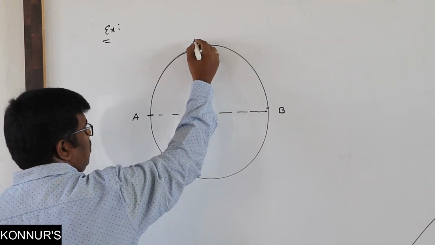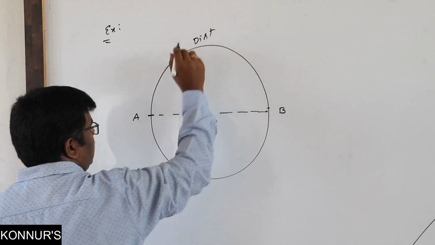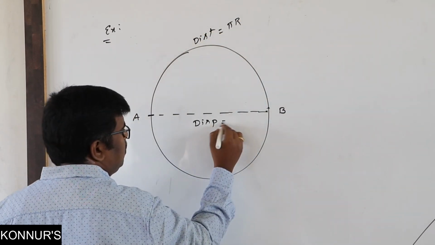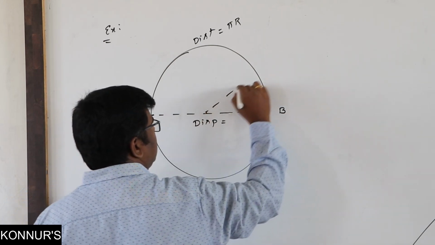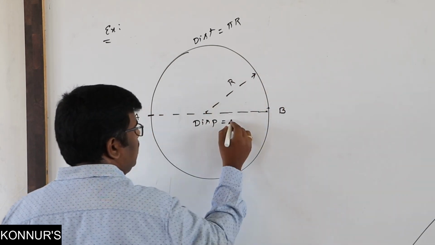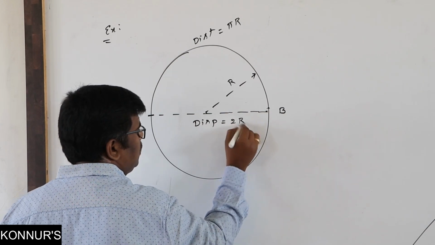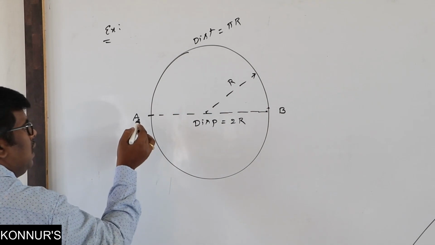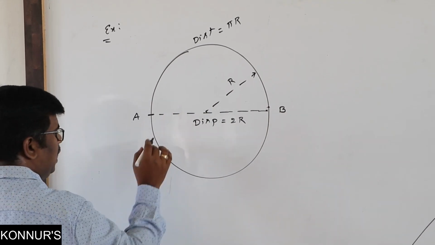Displacement, and this is the actual path. This we can call the distance. So distance is nothing but πr, and displacement, if the radius is taken as r, is 2r. In case the body comes back to A again, then